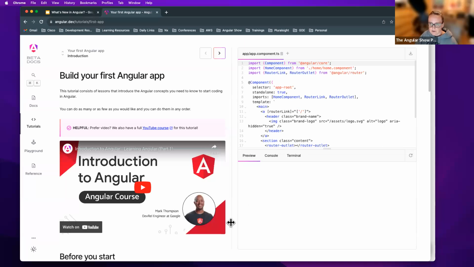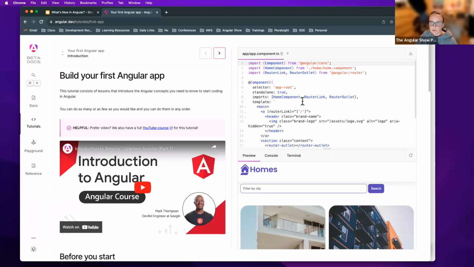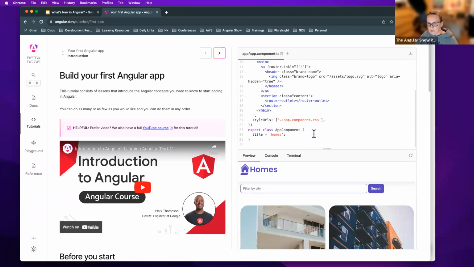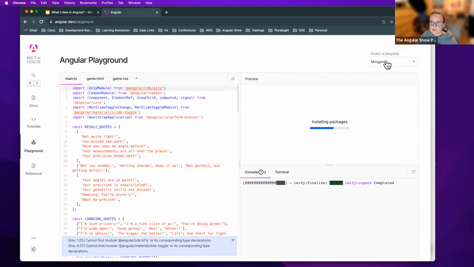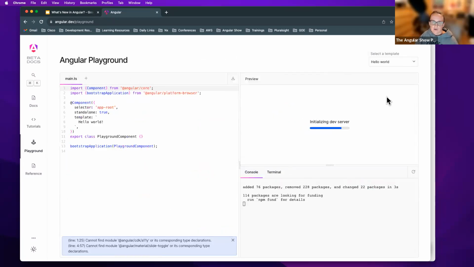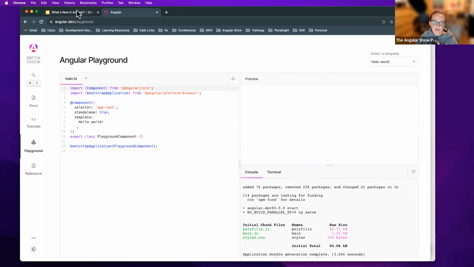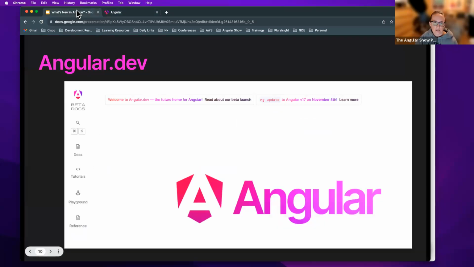You'll also notice there's an in-browser development platform. So you're able to actually write Angular code in the browser and see the changes right away. You don't have to pull Angular down and get it running on your own machine. It's a really great way to learn without having to invest in pulling down all the packages and code you need to get started with local development.